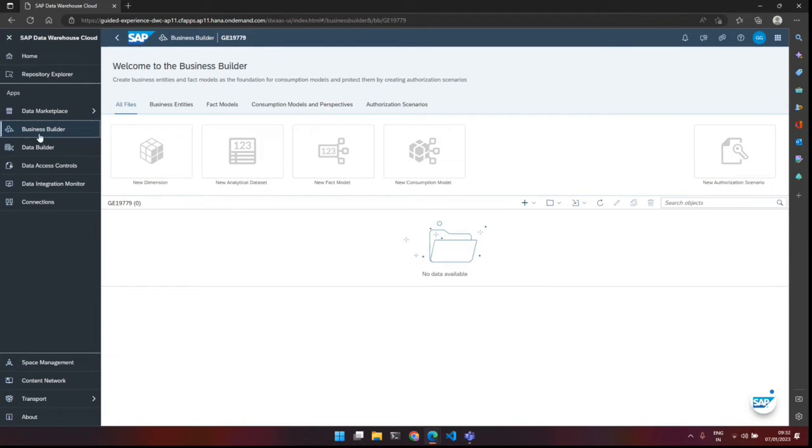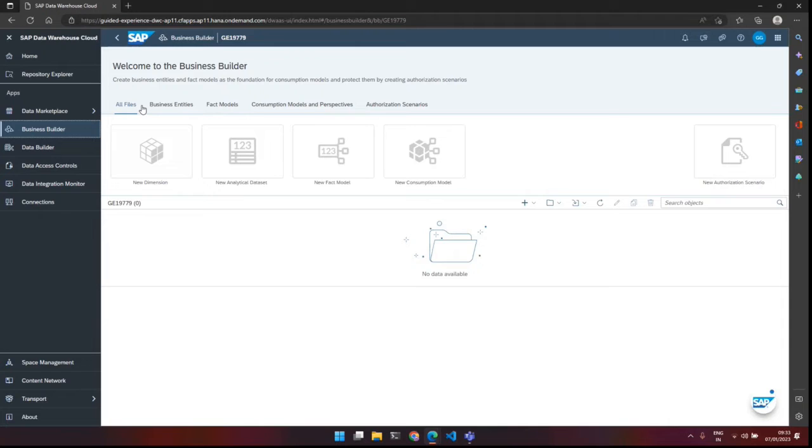So this layer has to be built with the business users in mind, right? IT people can still build a lot of models here, and they typically do. And then business people can also come here, look at the existing models that IT has built, and build their own models. That's why this layer has to be very clean.